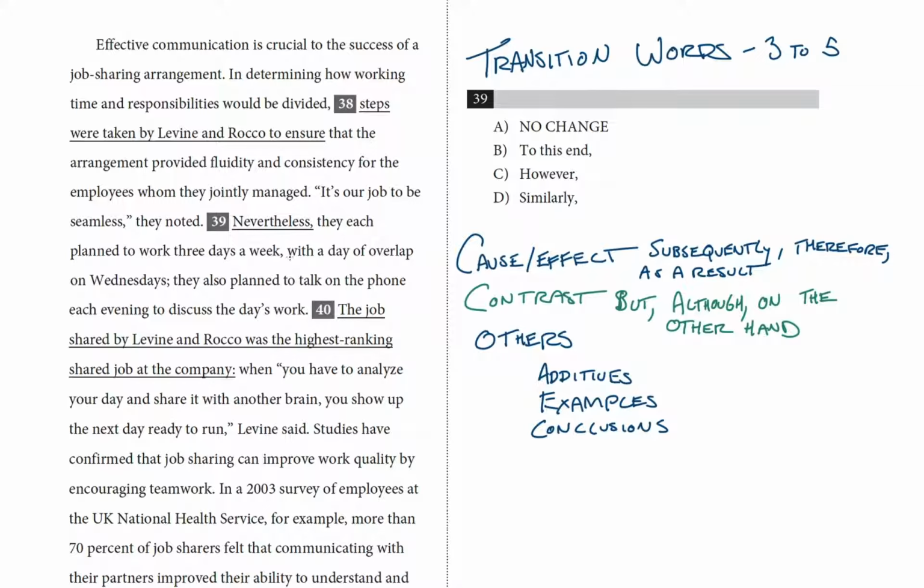So the word we've got underlined for question 39 is "nevertheless," but I'm going to pretend like it's not there. I'm going to read on either side of the transition and see which category fits. So I'm going to read this first paragraph to myself, skip the underlined word and just say "blank," and then ask myself what category best fills in that blank. So,